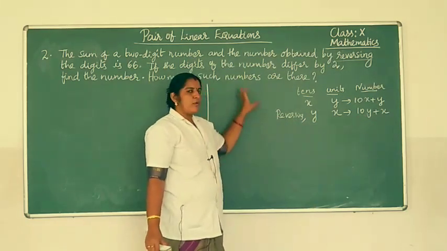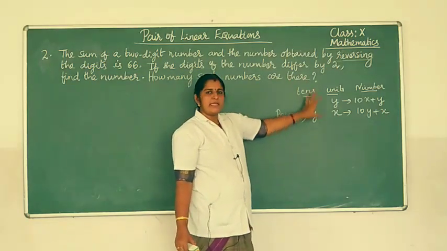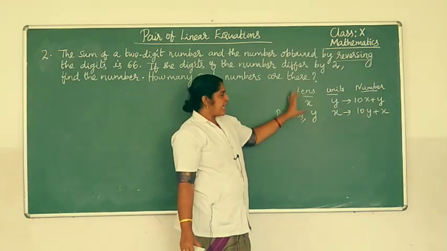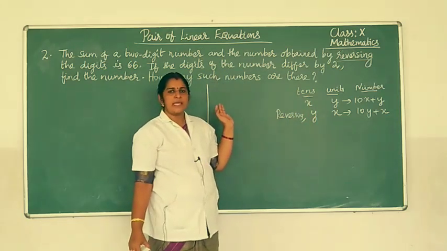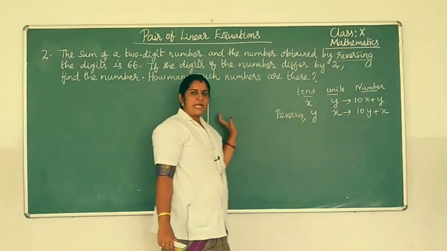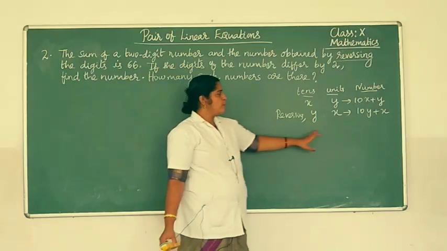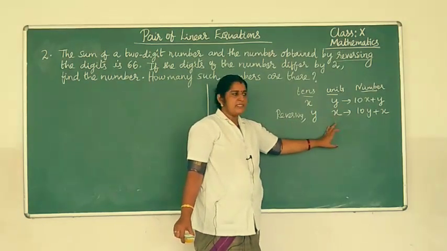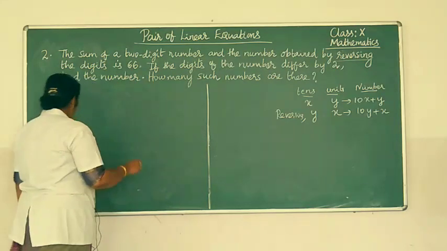So whenever you are going to answer this type of problems, you need to make this structure and understand the idea of the problem, then only you are able to form the equation easily. Okay, so in this way we are going to construct the equation for this given question. So all of you should understand these points and then form the equation. So how to start the solution?